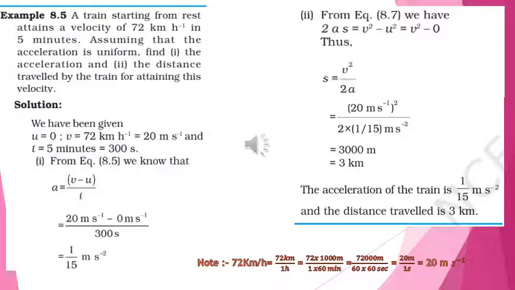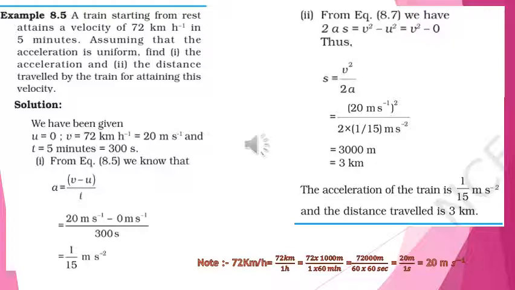Now first, as we solved in mathematics, we first write the given quantities. Only then can we guess which formula is more suitable here, so that we can calculate the required quantity. So first we will write down the given. Initial velocity: as the train started from rest, its initial velocity U equals 0. V equals 72 km per hour.